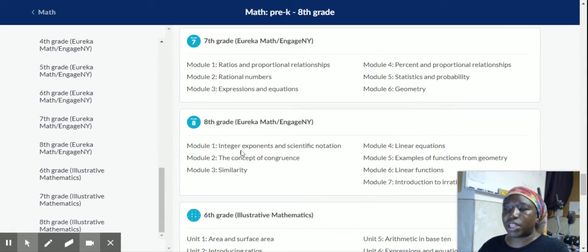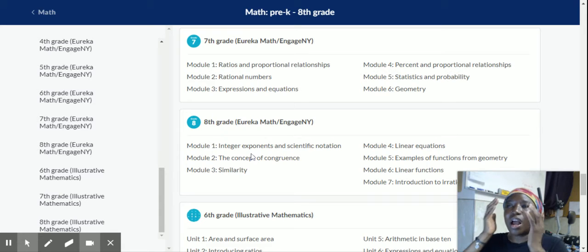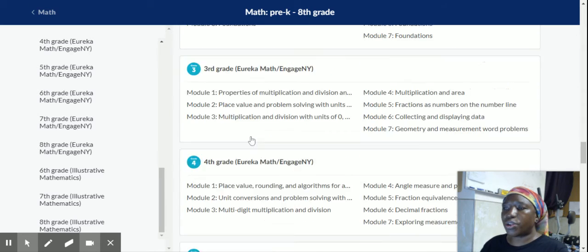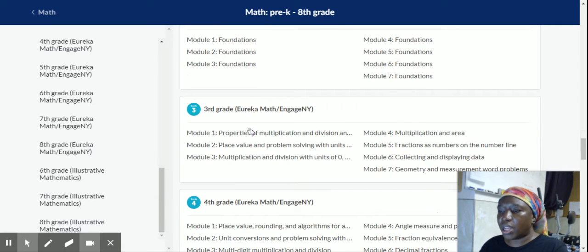Because remember, I tell you about ratios, proportional relationships. Eureka is like, that's what Eureka is. When you get that idea, that light bulb goes off in your head, you're comprehending. I mean, it's so easy. It's because you're learning that all you're doing, and you see how they started off with the third grade proportions, properties of multiplication and divisions. So it's just getting more in depth of what you're doing.